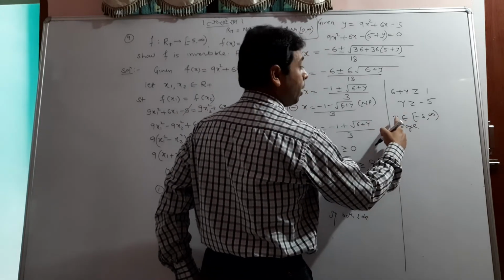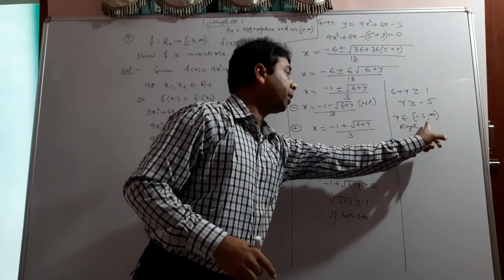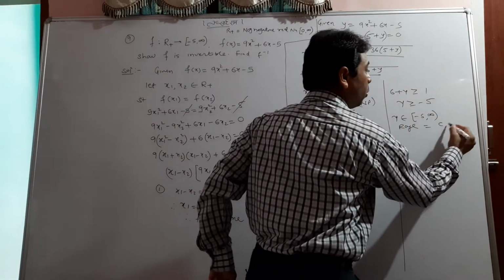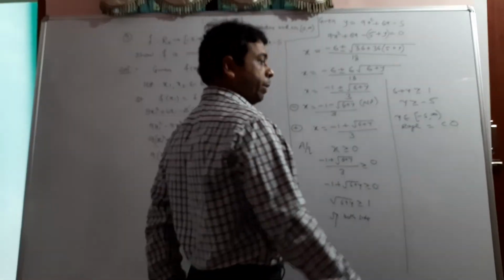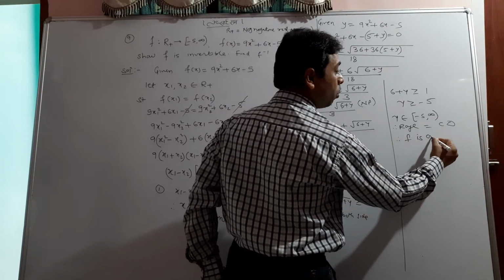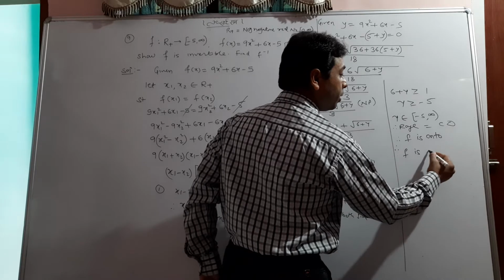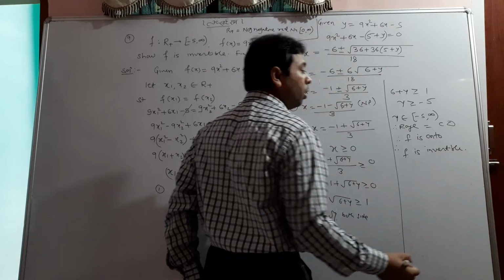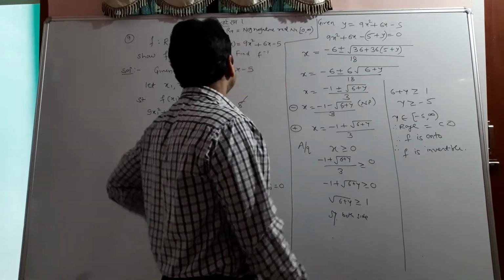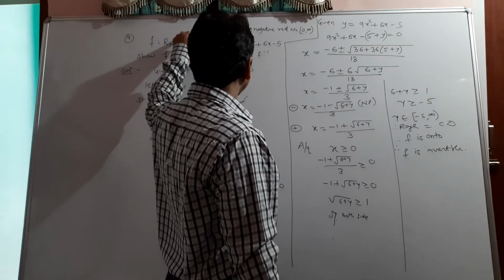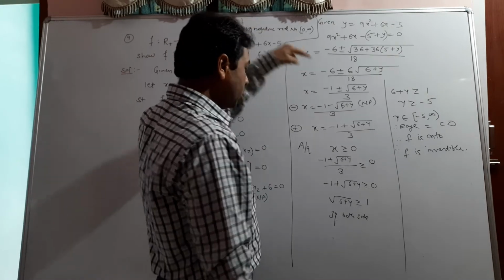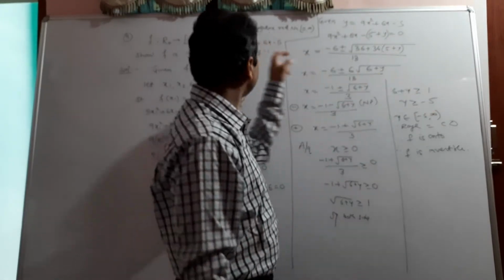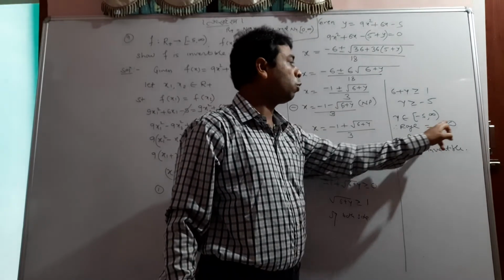It is range of function. And the range of function coming minus 5 to infinity, which is equal to minus 5 to infinity, which is what? Codomain. It is range equal to codomain. Therefore, range equal to codomain. When range equal to codomain, function is onto, and therefore function is invertible. Why is it invertible? Because function is 1-1 and onto. So this work is very important as far as this particular question is concerned, because this time the codomain was properly given, and range we find here, and we make equal. We have told that it is equal to this one. So when both are equal, range equal to codomain, function is onto.